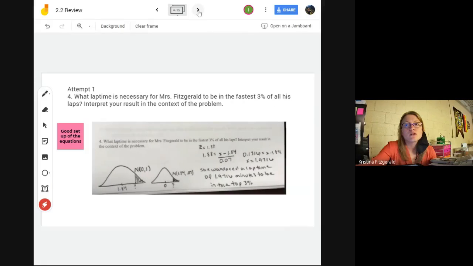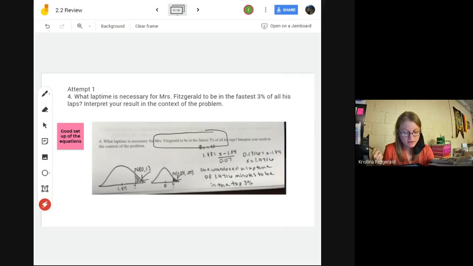Now on number 4, I have 2 attempts here. Number 4 is a little trickier. It's a working backwards one. But what we want to think about is the context of the problem. This one says Mrs. Fitzgerald has to be in the top 3% of all lap times. If you originally look at my work, I just kind of went, all right, cool, top 3%, that's at the top of the curve, right? But thinking of lap time, so thinking of being in a race,